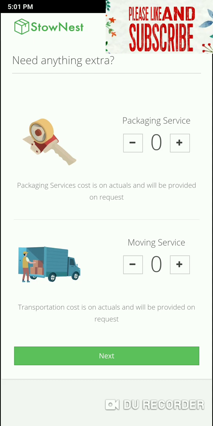So these are the extra things which I was speaking about. We are actually buying the storage space, but those items should be carried from your home to that physical storage space. So for that, there will be a packaging service and a moving service, which I was telling movers and packers. You can select the service if it is needed. Otherwise, you can go and deliver all the items at that storage space yourself. So I have selected movers and packers. This is a one-time cost to take all the items from your house to the storage space.